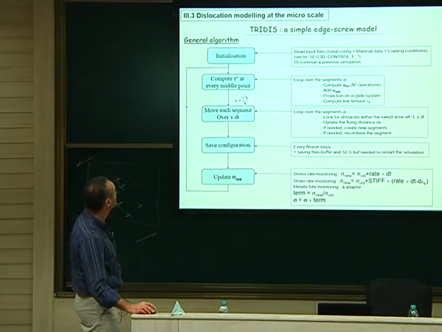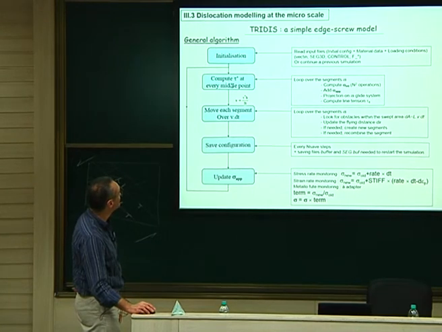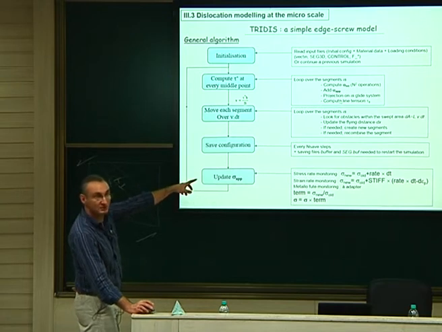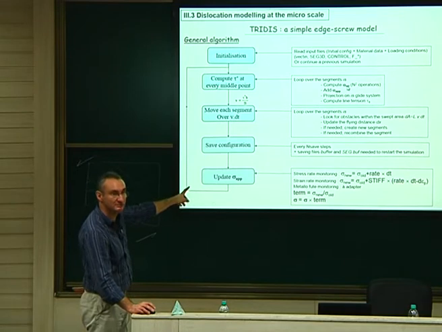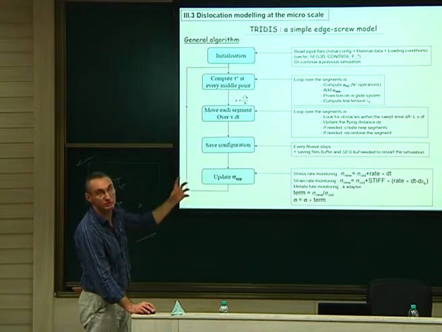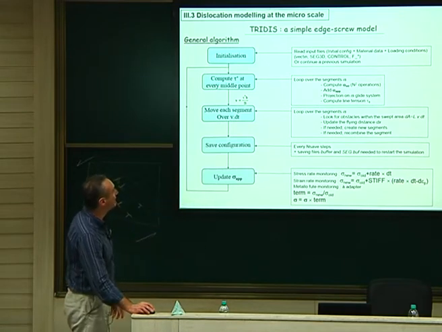Then you run it. It computes the stress at the middle of each segment. For that, it has to compute all the internal stress, which is very long, because if you have n segments in your box, you need to compute n squared stress tensors. This is where we spend most of the time. Then you add the applied stress. It could be homogeneous or not. And we project on the slip system. It gives you the tau star if you sum up with the line tension.